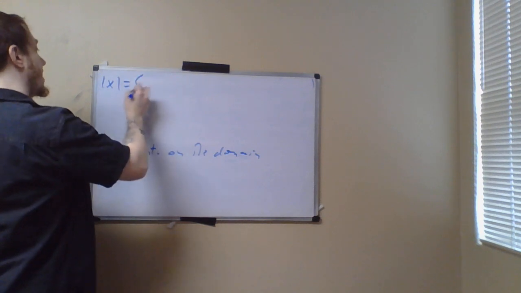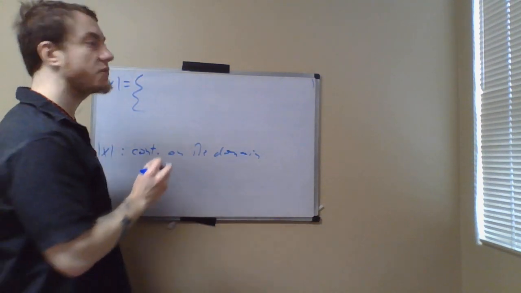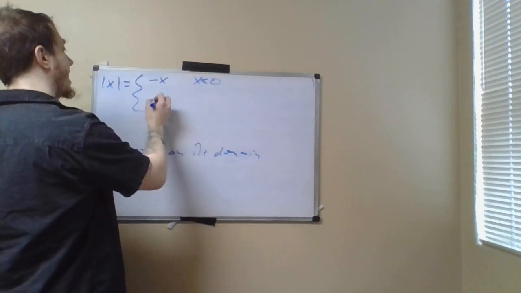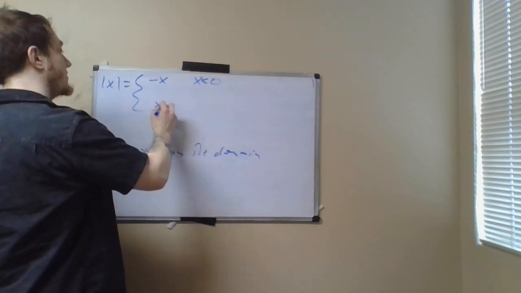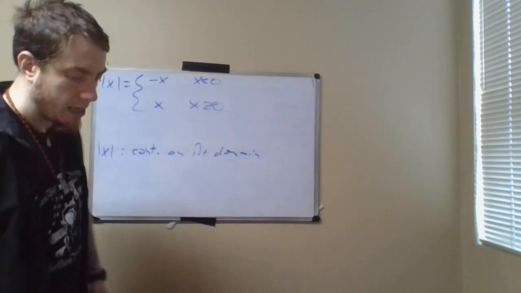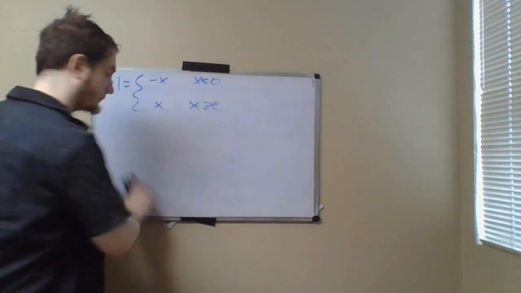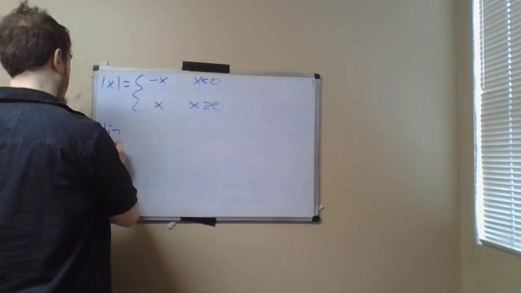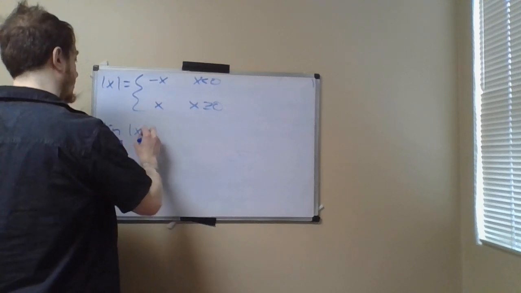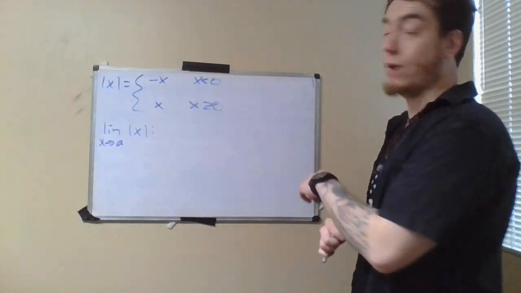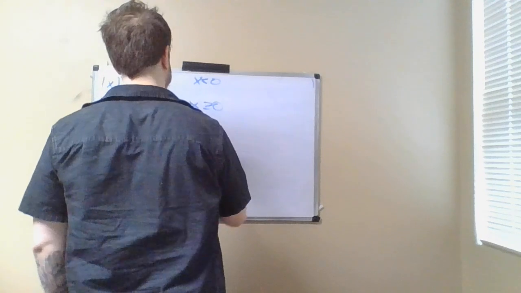Now, the absolute value of x, I can think of this as a piecewise defined function. It's equal to negative x when x is less than 0, and it is equal to positive x when x is bigger than or equal to 0. So here's the thing. Let's think about the limit as x approaches a of absolute value of x. The first situation to think about here is if a is less than 0,